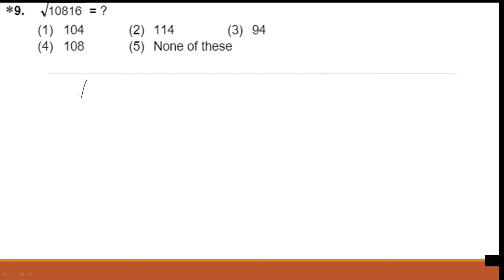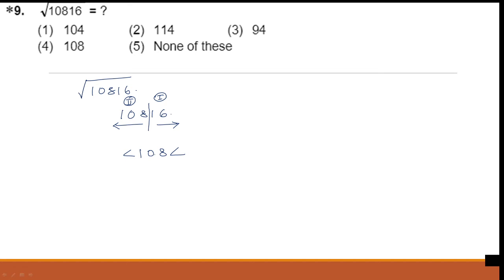So the square root of 10,816. Okay. So the technique I am going to use to find the square root of 10,816 is to divide the number into two parts. That is, the last two digits are one part and the remaining number is another part. This is the first part and this is the second part. Take the second part, that is 108, and find